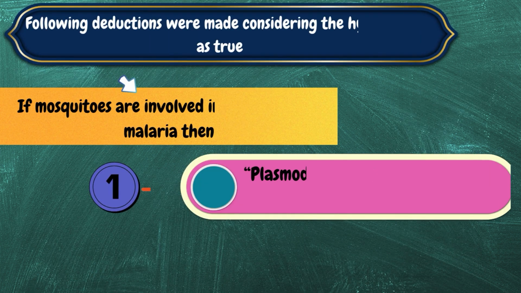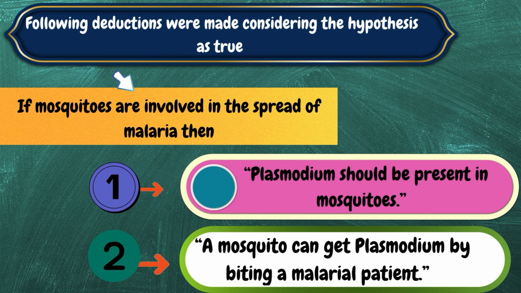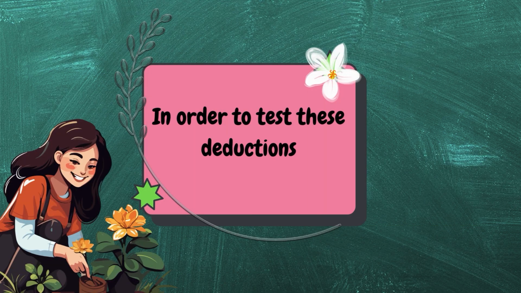After making hypothesis, deductions are made. Following deductions were made considering the hypothesis as true. If mosquitoes are involved in the spread of malaria, then Plasmodium should be present in mosquitoes. A mosquito can get Plasmodium by biting a malarial patient. In order to test the above deductions,